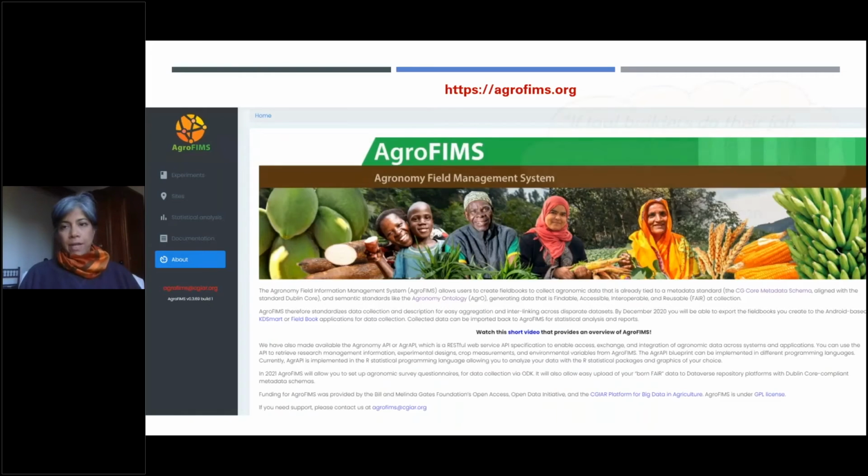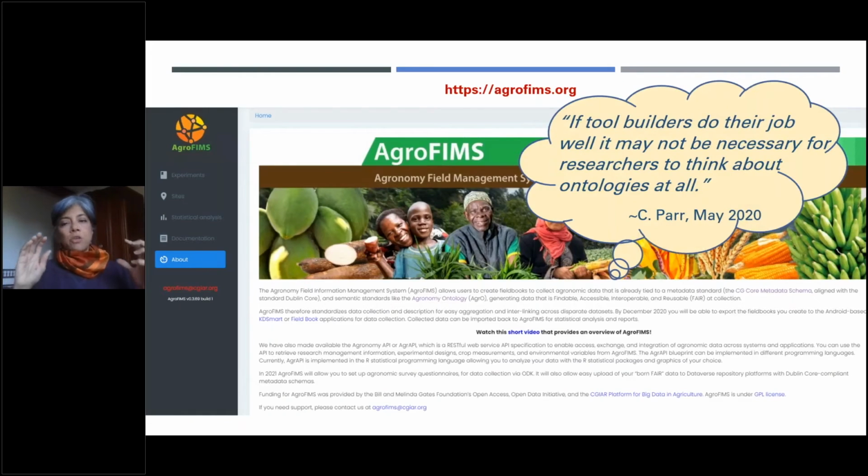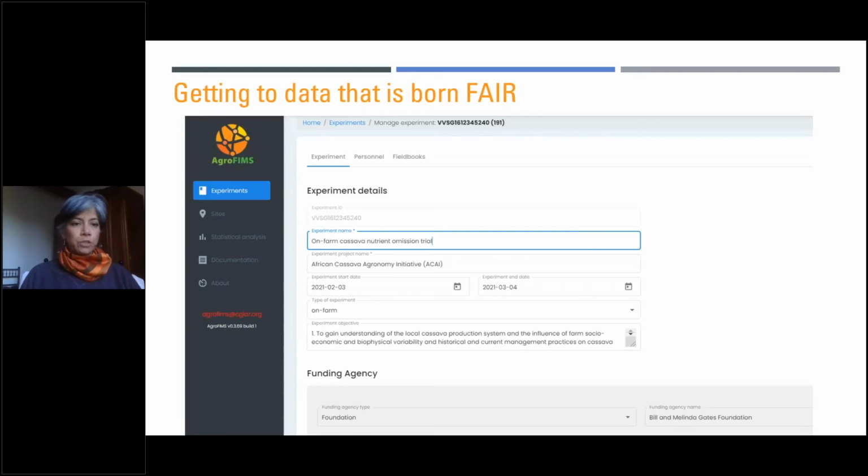The key here is to allow people to leverage AgroFIMS and to generate data that's born FAIR without researchers necessarily knowing what ontologies are. It may not be their business to know what an ontology is, and we don't expect them to. I've included a link there for you to try AgroFIMS yourself,